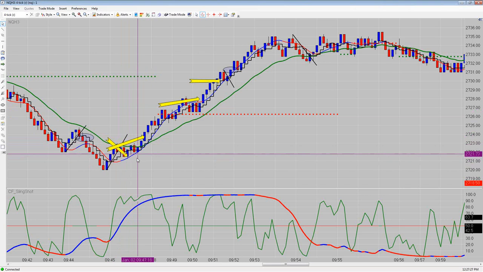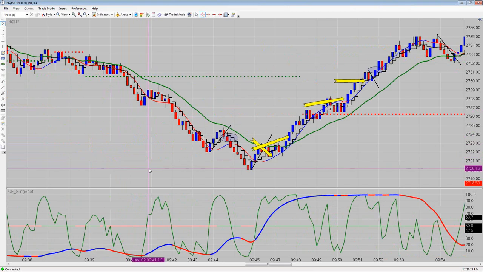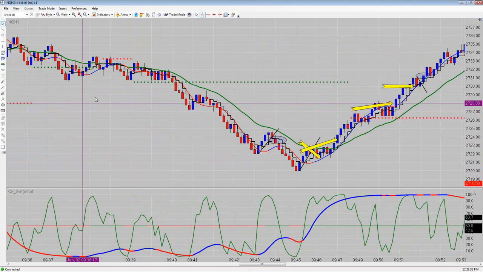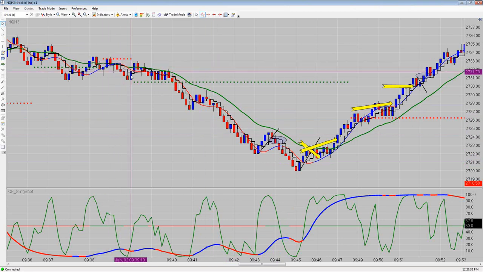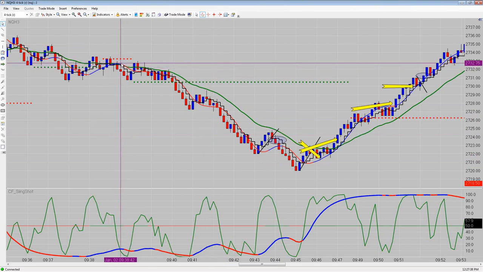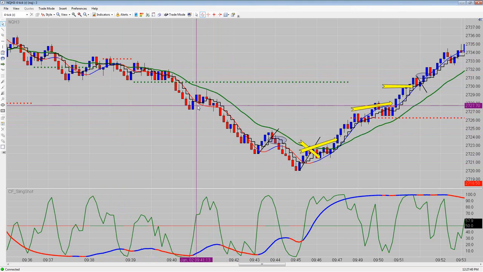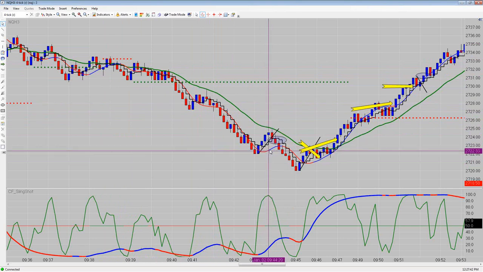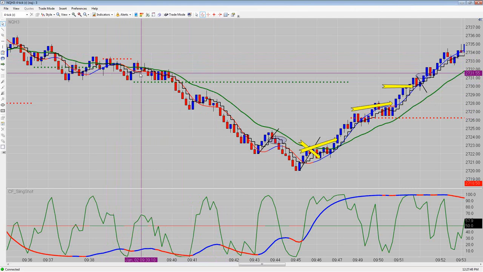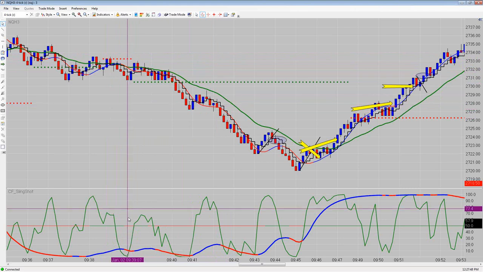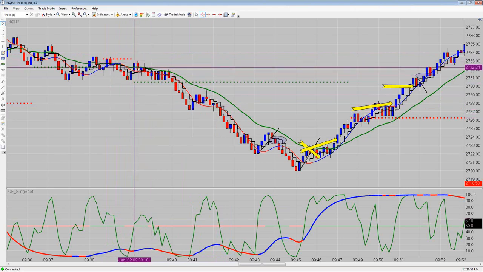I went short here. Now let me just go over the setup to start with, okay? I'll start way over here. I missed a few trades here on the way down. But what you look for is for the MA1, which is this blue and red line right in here, to cross down below the BBC, which is the green line. You get that cross down, and then you anticipate price is going to come back up toward the BBC, and